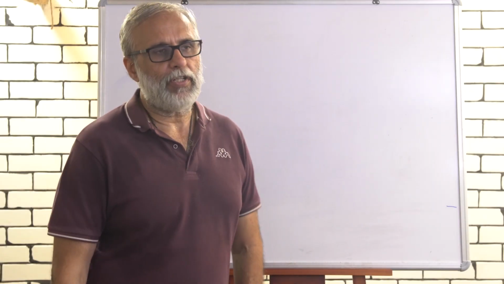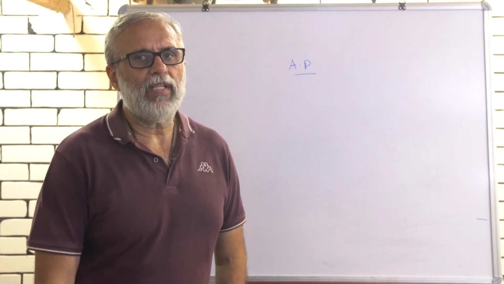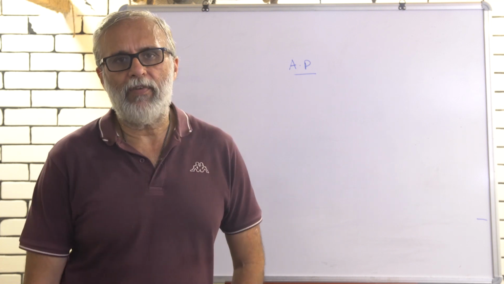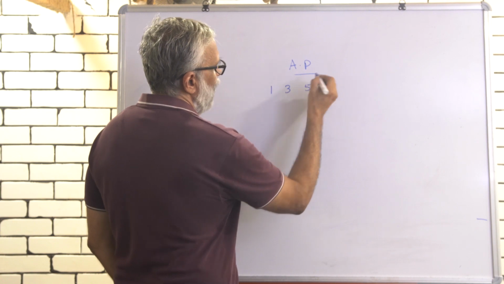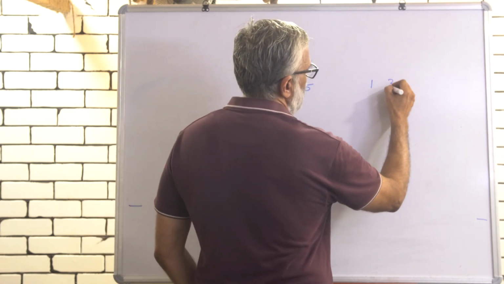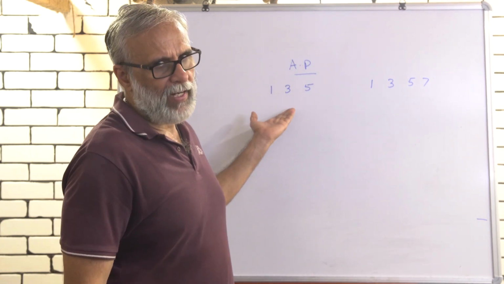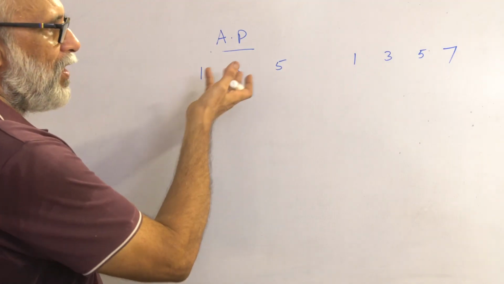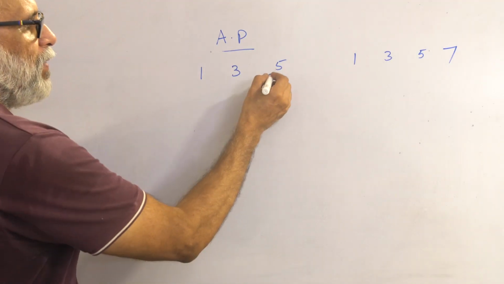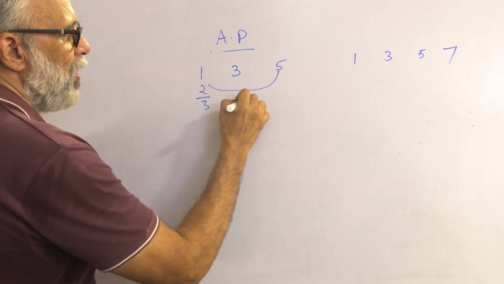Okay, this problem falls into a popular category called arithmetic progression, or AP as they call it. Before solving this problem, let me give you two sets of numbers. One is 1, 3 and 5 and the other is 1, 3, 5 and 7. Suppose I have to find an average for this set of numbers and for this set of numbers. The average for this first set can be easily arrived at: if you move 2 here, it is 3, 3